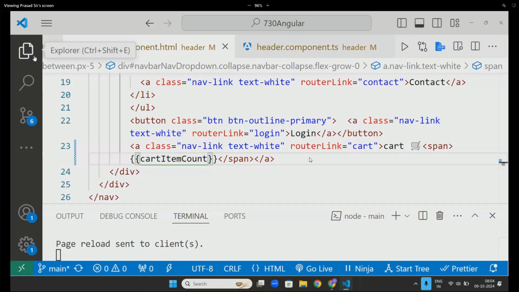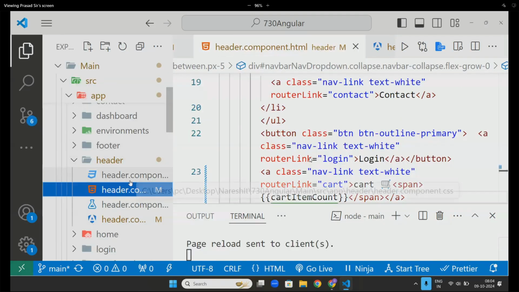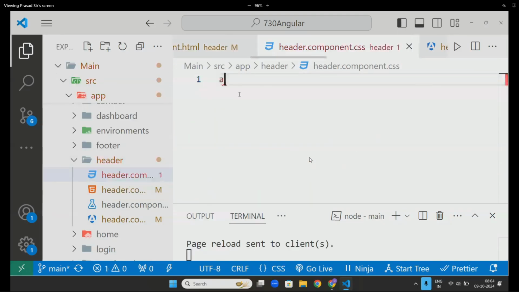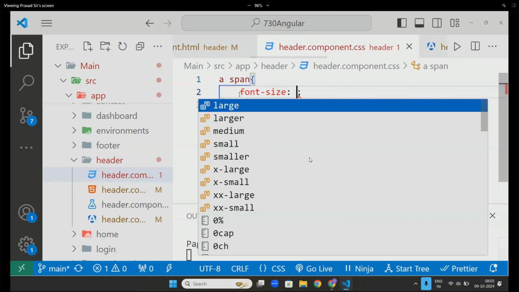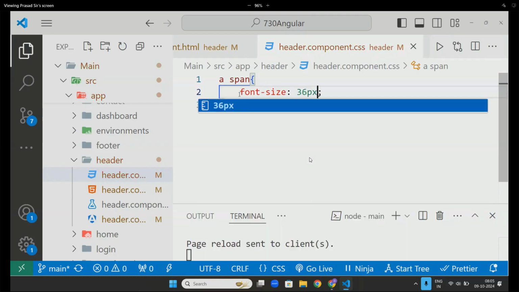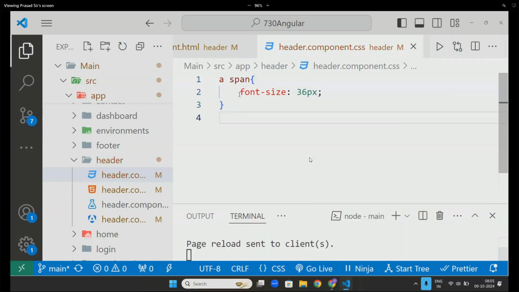And go to CSS. Inside the anchor tag, inside the span, let's have a font size of 36 pixels, and color white.